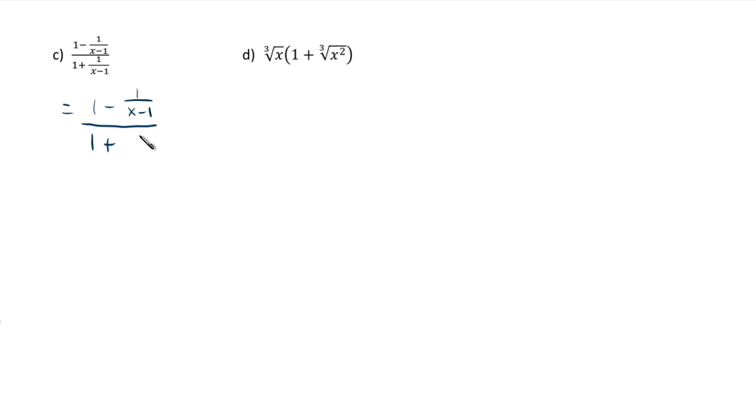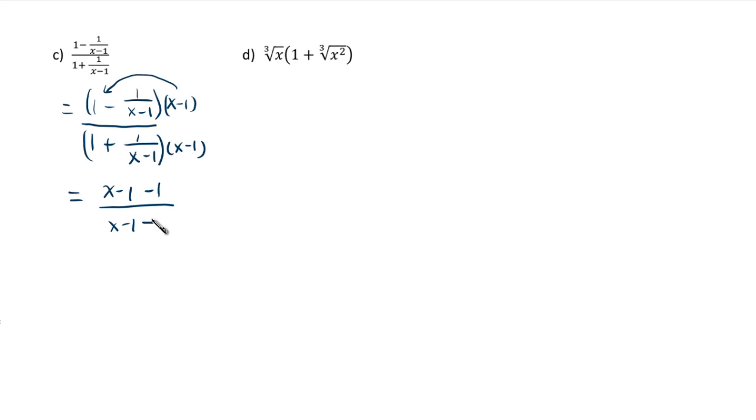Now, whenever you have a fraction inside a fraction, there are many strategies, but the best strategy is to look at all the denominators and multiply top and bottom by them. I've yet to find anything better than this. Okay, so I see x minus 1 as the denominator, so just multiply by x minus 1. So x minus 1 times 1 gives you x minus 1. 1 over x minus 1 times x minus 1, they cancel and give you minus 1. 1 times x minus 1 is x minus 1. 1 over x minus 1 times x minus 1 is plus 1. So you end up with x minus 2